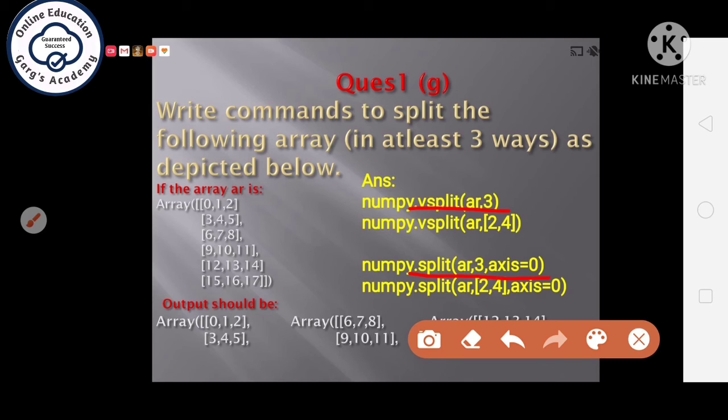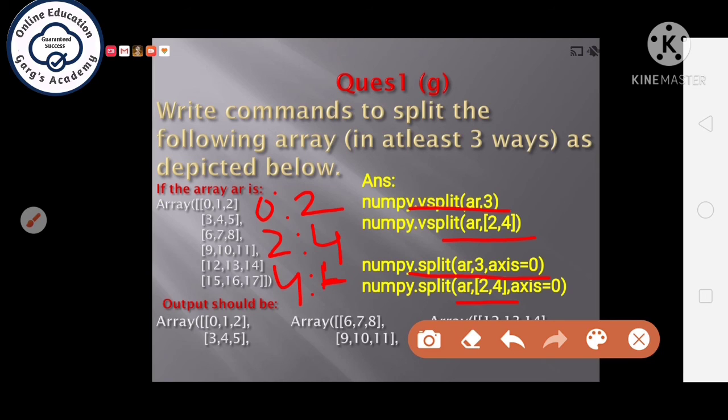Now if we write it so that instead of giving the number of partitions, we give a list, how will it do the partition? It will do the partition in steps of 0 to 2, 2 to 4, and 4 up to last.